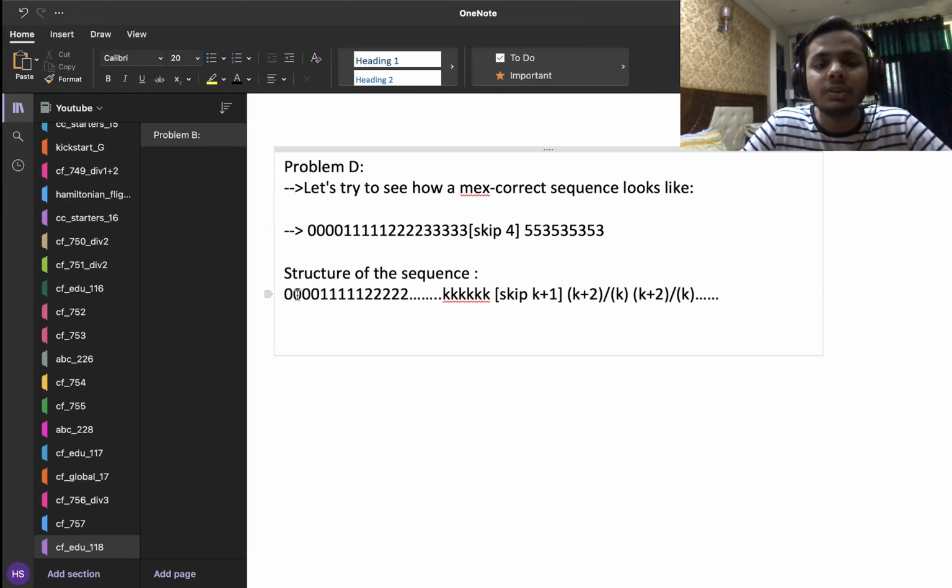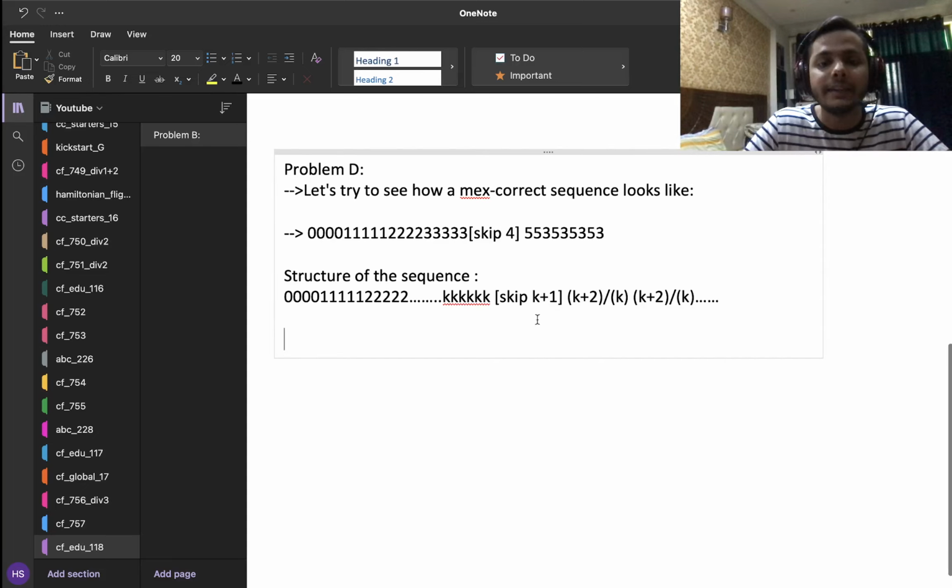So if I try to start the sequence with 1, then that just means that I have already skipped 0. And if I start the sequence with 1, then what that means is I have already skipped k plus 1, where k plus 1 is going to be 0. I hope you get the idea. Basically, I'm skipping 0. So I'm only allowed to put k plus 2 or k. Then k plus 2 will be 1 and k will be minus 1. Since I don't have the liberty to use minus 1s, if I start the sequence with 1s, then it is just going to be a bunch of 1s. Okay. So essentially, the sequence is divided into two parts.